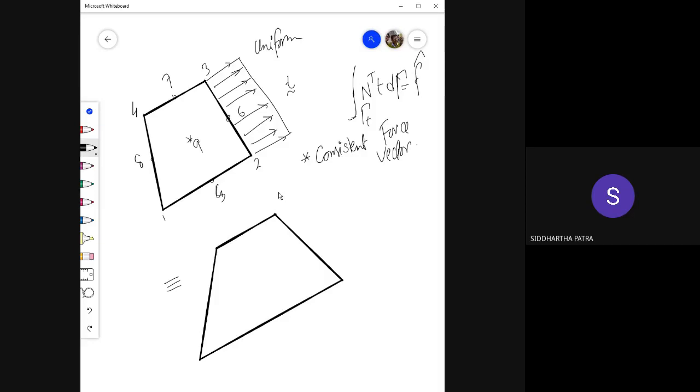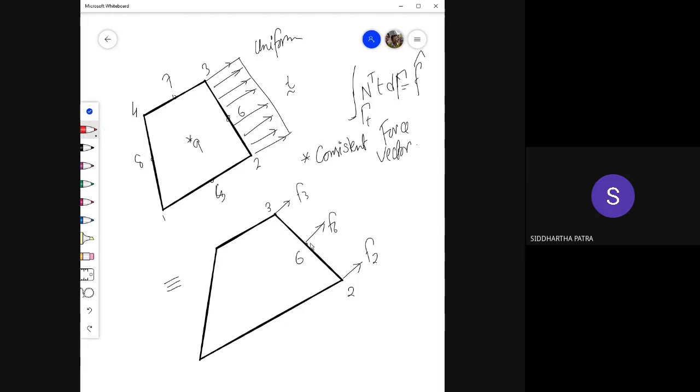And what do you think this force vector should be? How would this distributed force be? I mean, those would be nodal forces, right? So you'll end up having three forces at node number 2, 3 and 6. So you have F3, F6 and F9, F2 along the same direction,